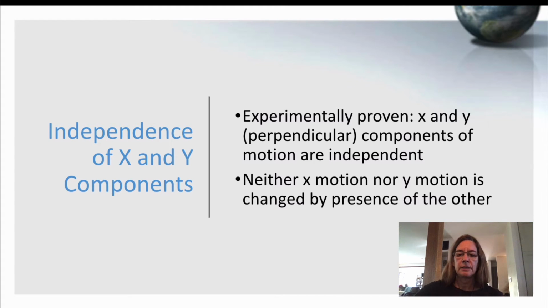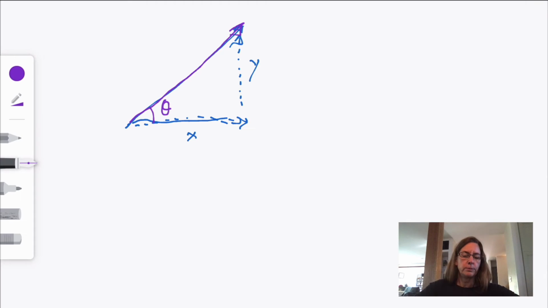A key component in analyzing two-dimensional motion is recognizing that perpendicular components of motion are independent. So I want to review what we learned when we were studying vectors earlier. And you'll remember that any vector that's not in a nice north, south, east, west, up, down direction, for example, this purple vector, can be broken down into its x components and its y components. So x in this case is horizontal and y is vertical. It can be broken down into x and y components, and let's say this is